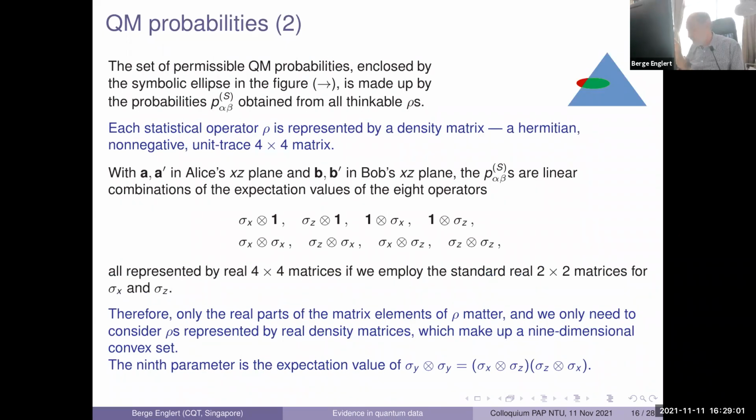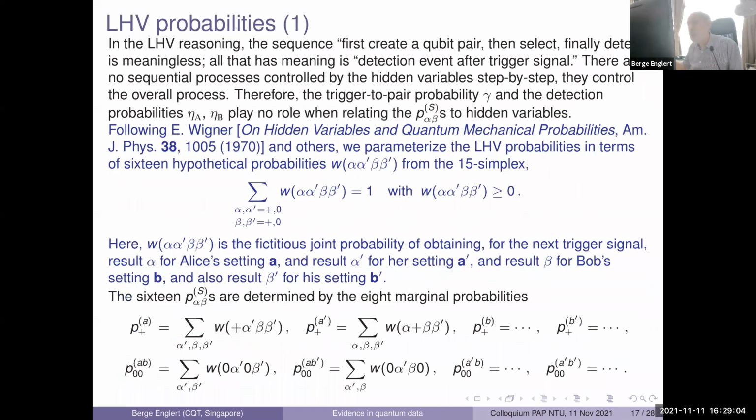And so let me just skip this because it's technical. Now for the local hidden variables, there's a general way of how you do that, and that is by just saying that you have these 16 cases, and for each case you have a probability, and you don't care what the mechanism is, you just assign a probability from a trigger to detection. But you also have these no-signaling constraints, and so again you get the same size of the parameter space,